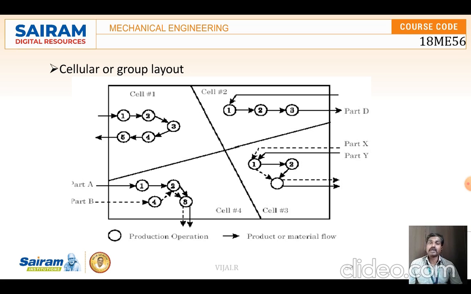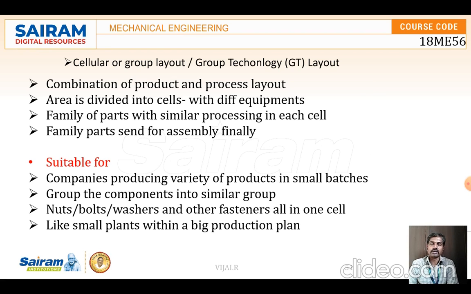It is for a bigger organization where different components are made and finally assembly is done. One product in one cell, another product in another cell, all 4 or 5 parts they are making, and finally all the parts are clubbed together to make the assembly. This cellular layout helps the industry make different products in different sections and areas, and then get the assembly here. This is the cellular or group type of layout.